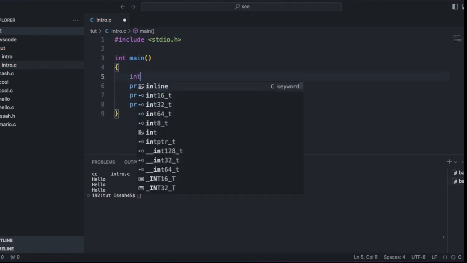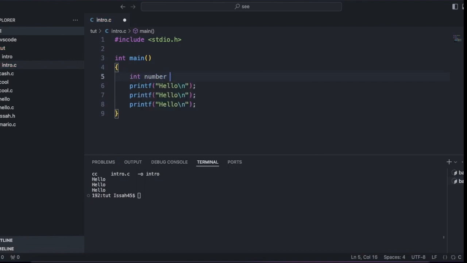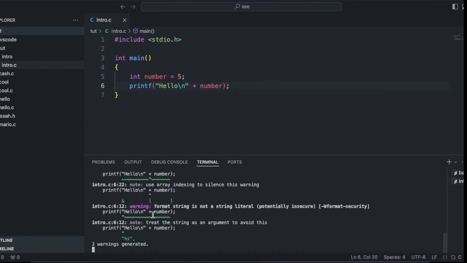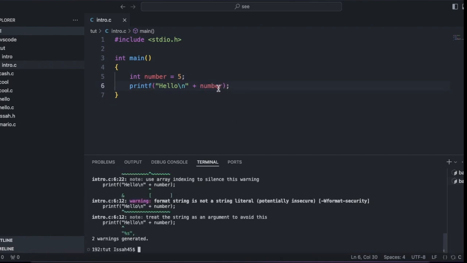So let's make an int. int number is equal to 5. That's the syntax to make a number. If I want to include an integer, if you know another language, then you might just say hello plus number. But that doesn't really work here. This is print format, not just print. So we can write